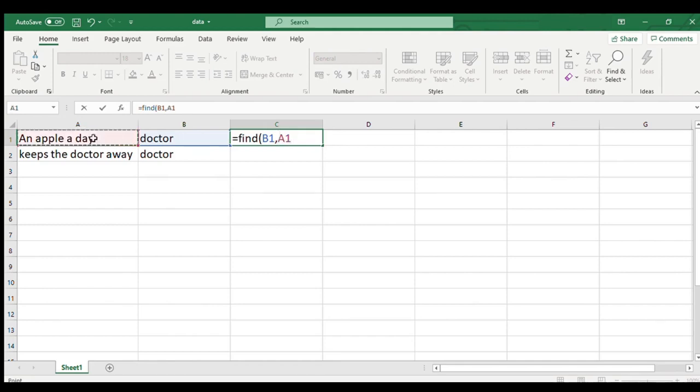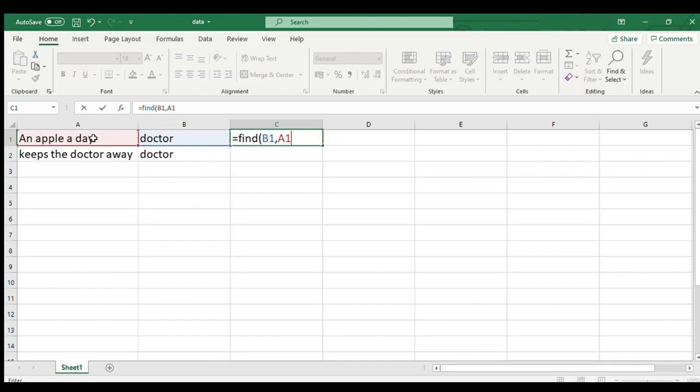The third optional argument is the number, which specifies the character at which to start the search. If we need to start from the first character, then it has to be 1. And if from the 10th, then it has to be 10, and likewise. But if you omit this third argument, then the function by default considers it to be 1. So in our example, since we need to start from the first character, we have the liberty of omitting the